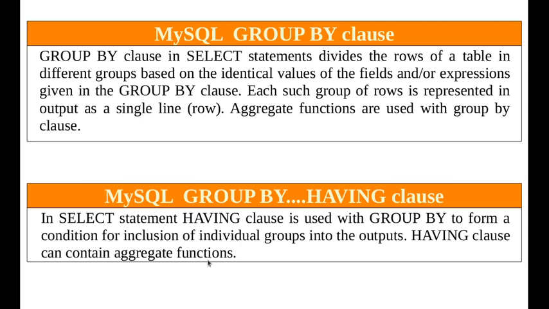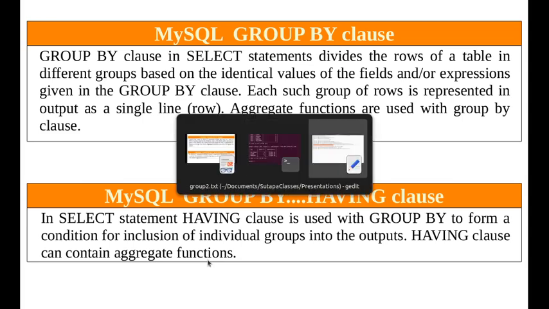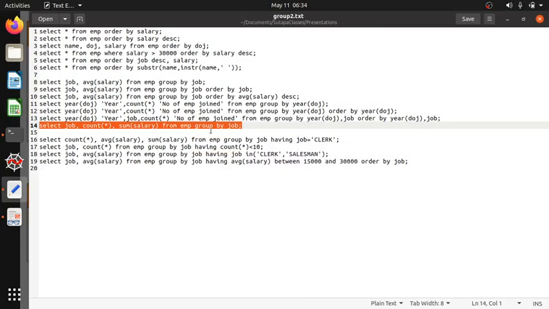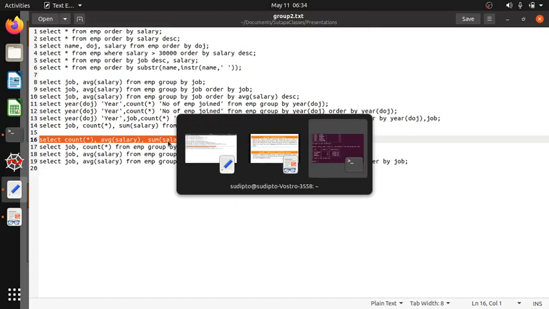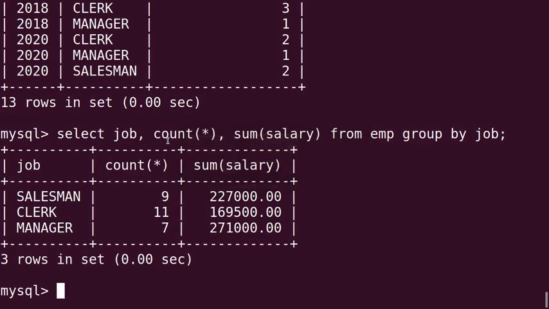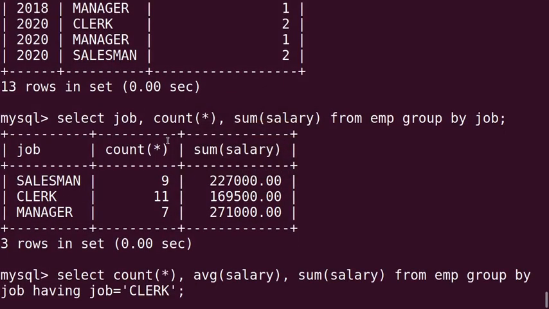Let's see the first query with having clause. Select count star, average salary, sum salary from EMP, group by job, having job equal to clerk.